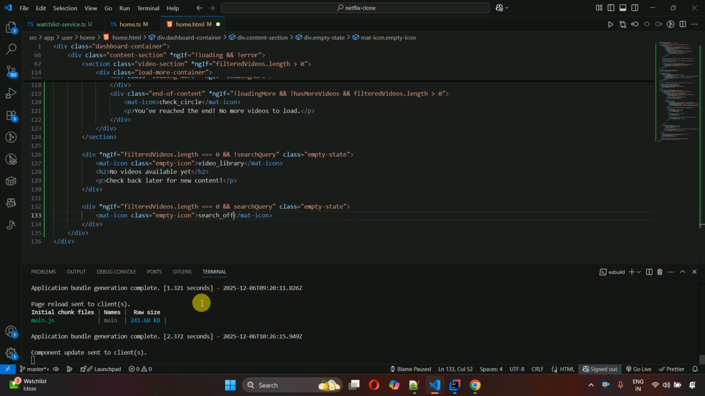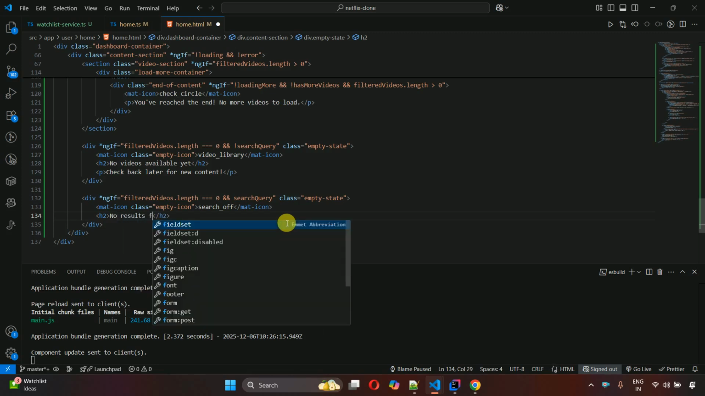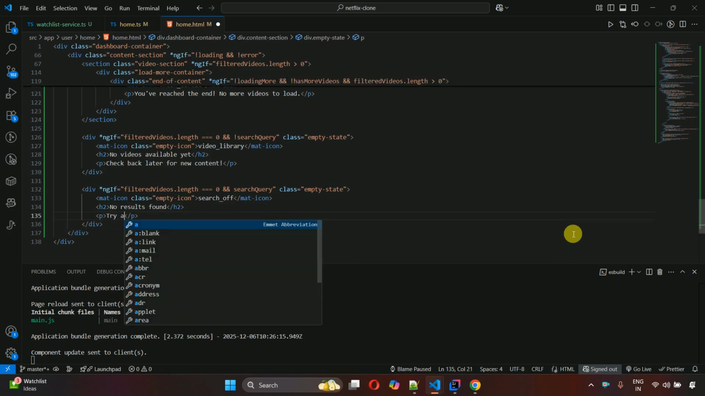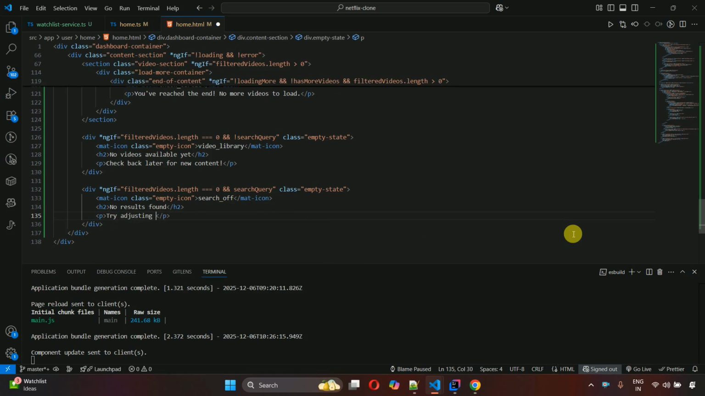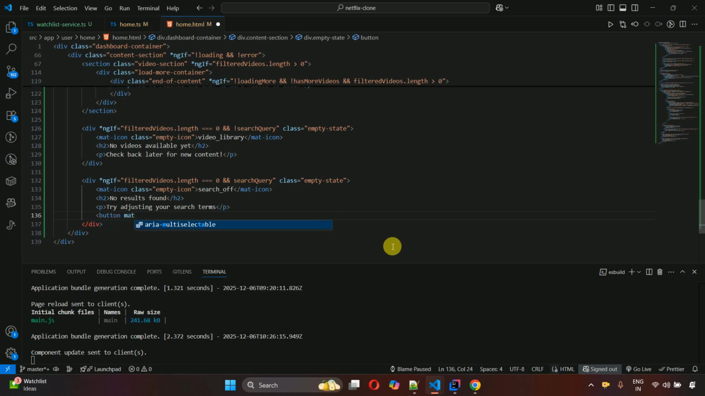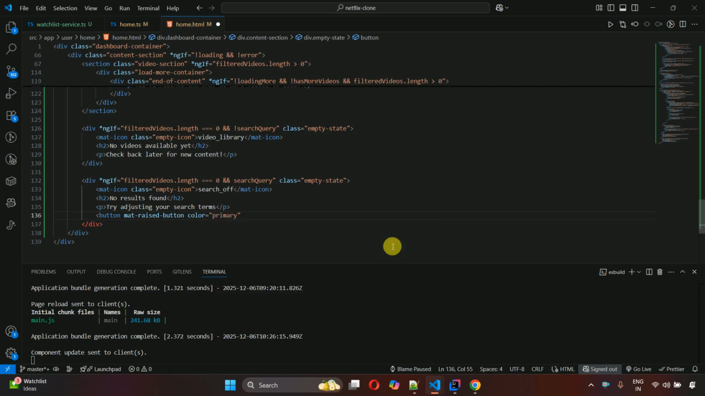And after that, here we have to show an h2, "No results found", and then we can write a paragraph, "Try adjusting your search terms", and then we have to put a button, mat-raised-button, and color should be primary, and on click